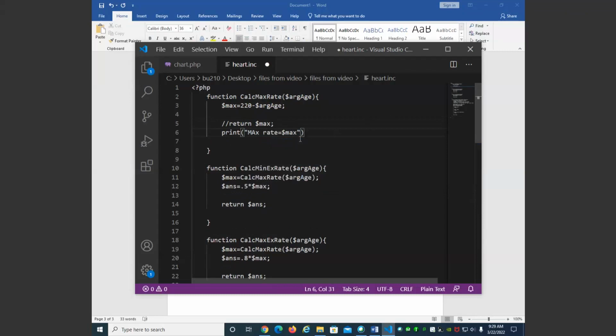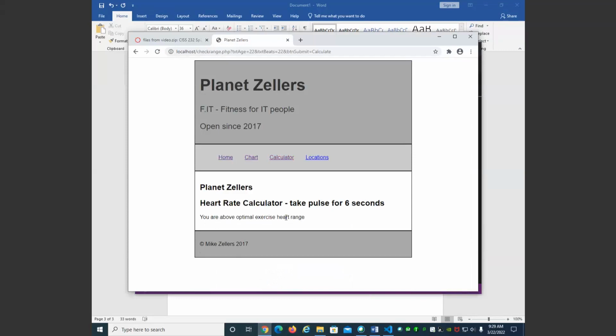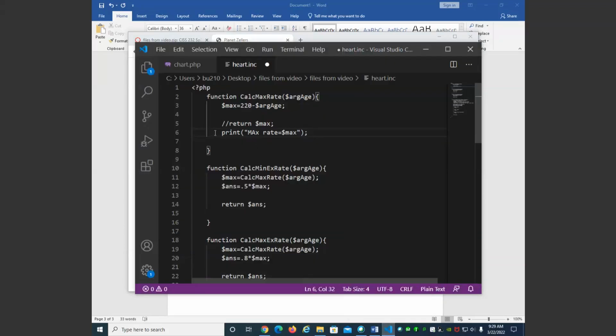Well, I don't want to return the maximum heart rate when I do the range calculation. Notice I'm nowhere on this page showing what the maximum heart rate is. I'm clearly using that maximum heart rate to determine this, but nowhere am I displaying it. Therefore, this function should only return the maximum heart rate, not display